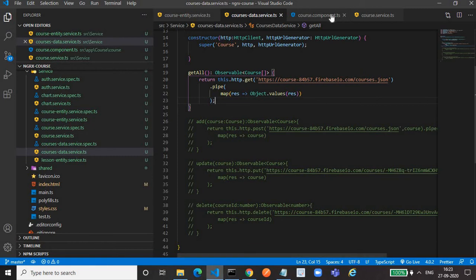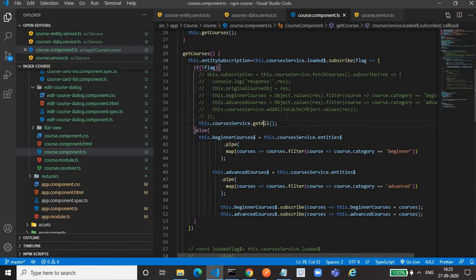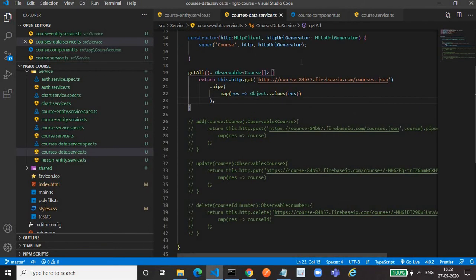We are just calling the getAll method, and this getAll method we are overriding in our data service. That's why it is calling this API. If we had designed the API as NGRX data is expecting, then we don't have to override here. But in our case, the API is different. That's why we have to override here.